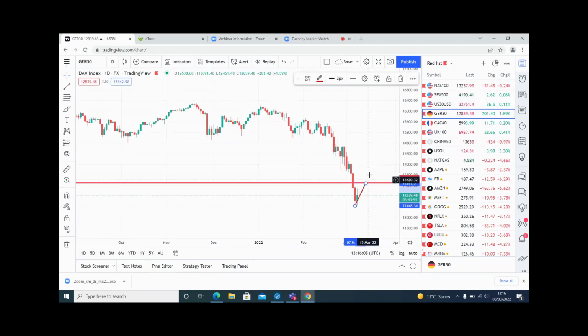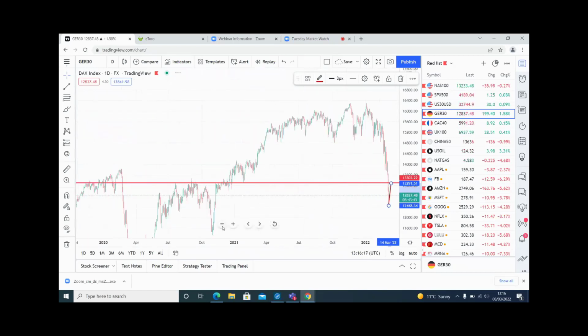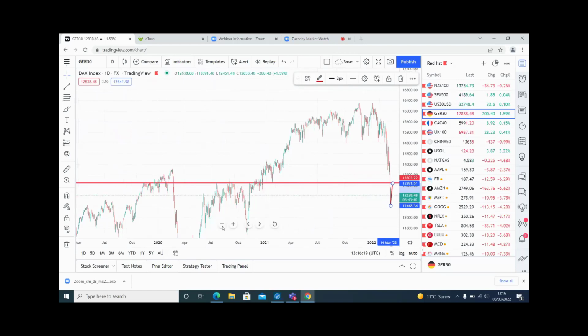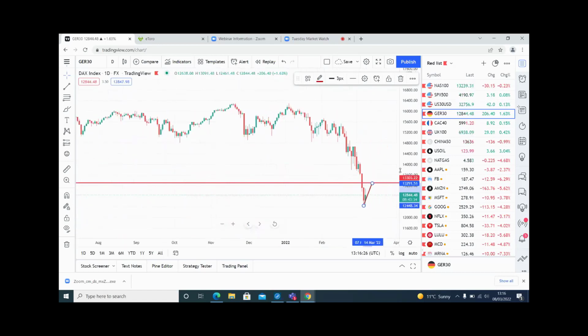Do I think we're going to have a big bounce back up here and then drop? No, I don't think so. To me, that's a pretty decent level. It's a level where investors and people will be looking at that as a place where it will struggle, and short sellers will be looking to short the market at that particular point.